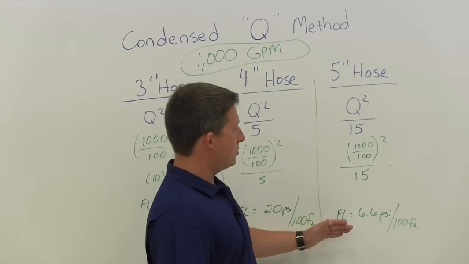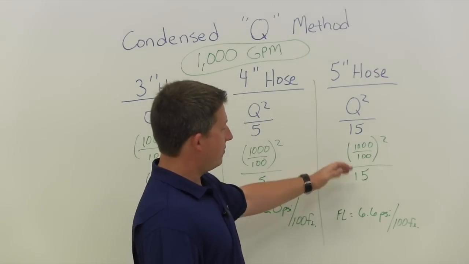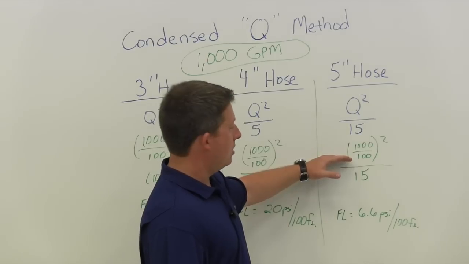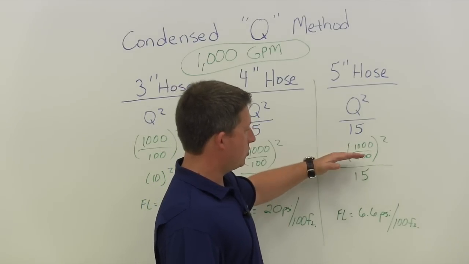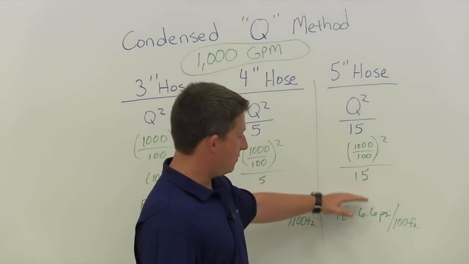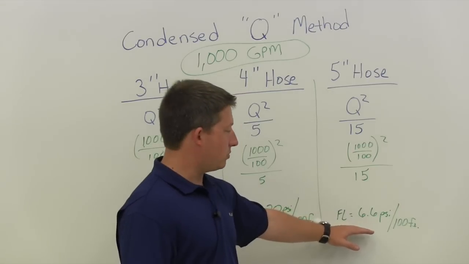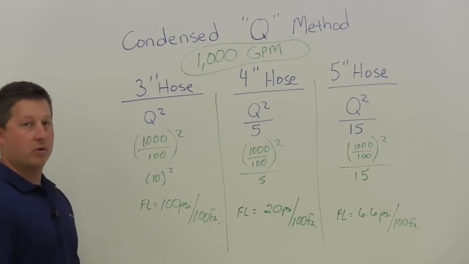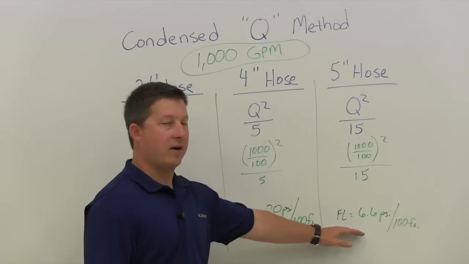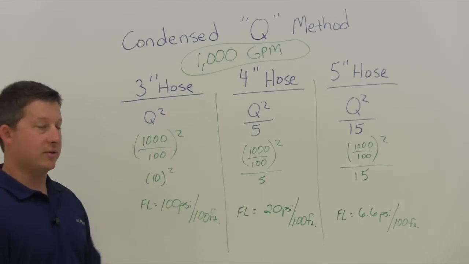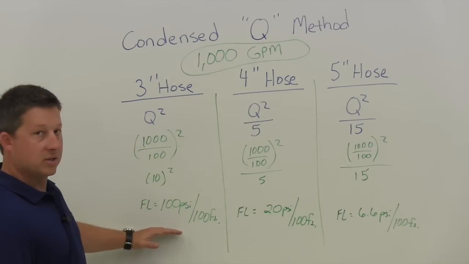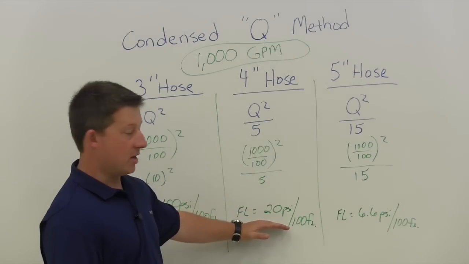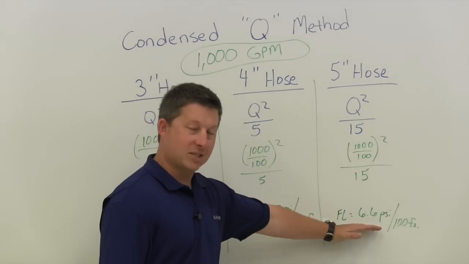Then for a 5-inch hose, we do the same thing but divide by 15. So Q is going to be 1,000 divided by 100, which is 10. 10 squared is 100. 100 divided by 15 is going to be 6.6 psi per 100 feet of hose. So you can see a tremendous difference between the 3-inch hose and the 5-inch hose when we move up to 1,000 gallons per minute. We have 100 psi friction loss per 100 feet versus 20 psi per 100 feet versus 6.6